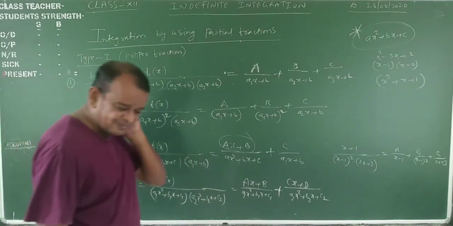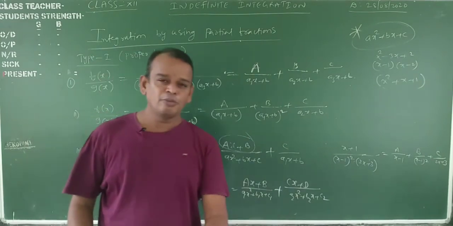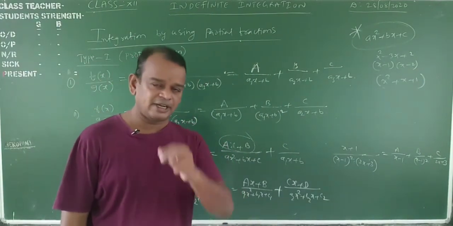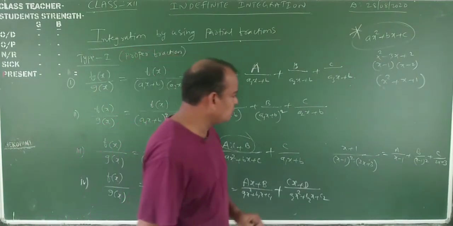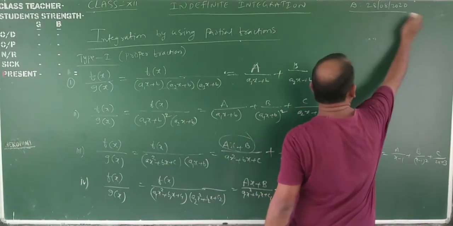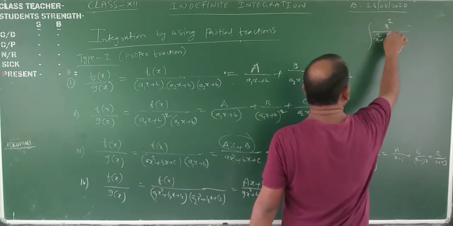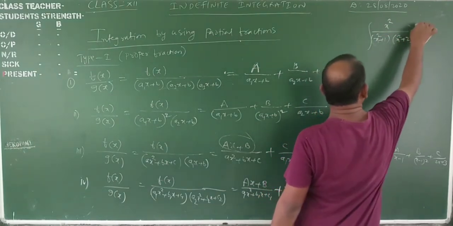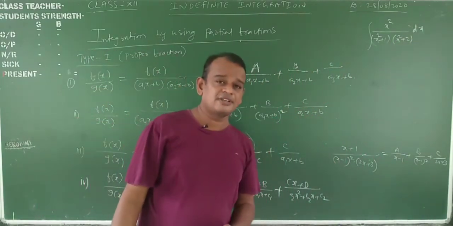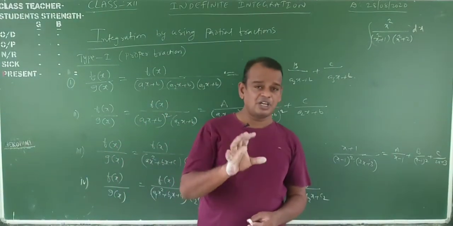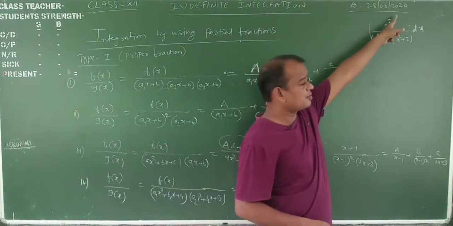Next, another type is there. What is the another type? Means the numerator and the denominator, that is also a proper fraction 100%. f(x) and g(x) have even powers of x. First, we will take this one, x² by (x² + 1)(x² + 2). For suppose, observe that. This is the question. Fifth one is, what is the fifth one? f(x) and g(x), in the numerator and denominator, each and every term has even powers of x. Here observe that x², even powers of x.